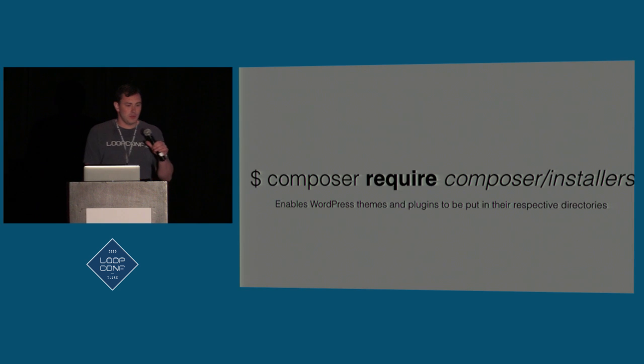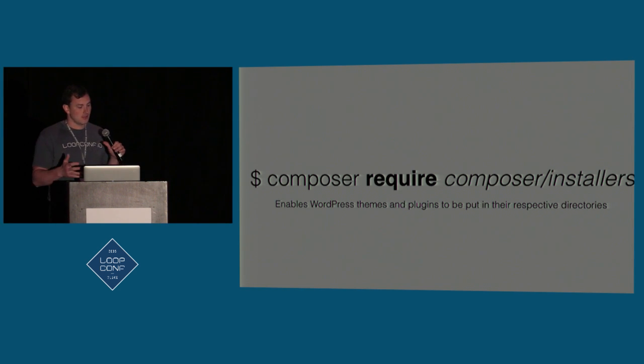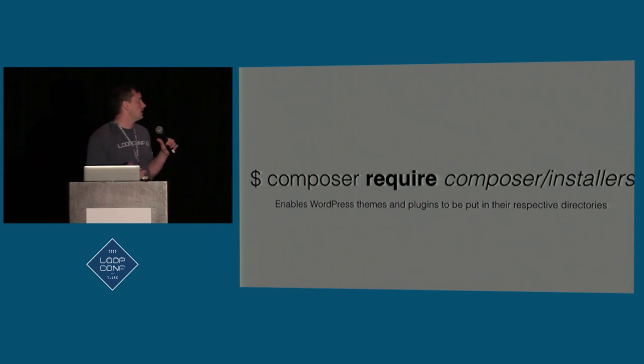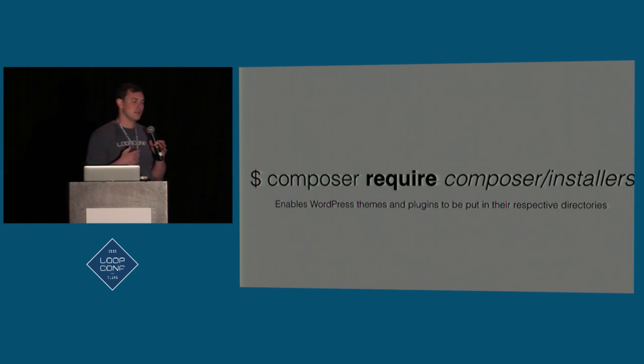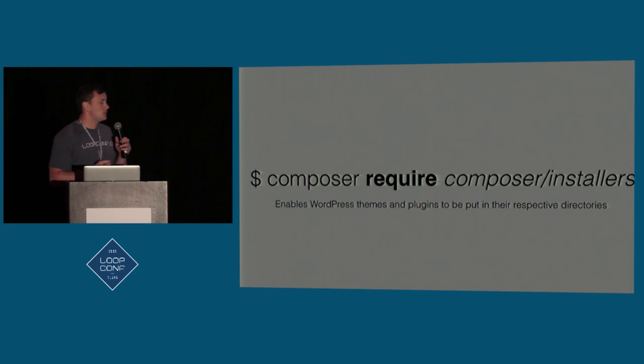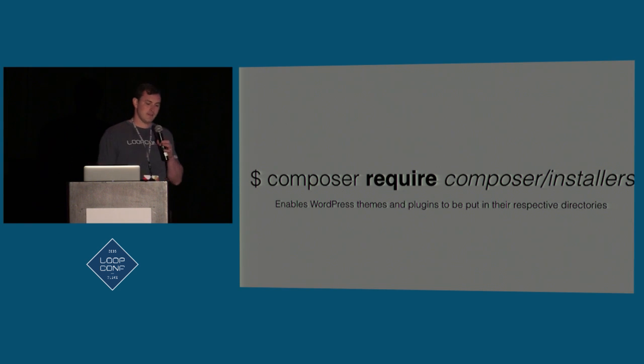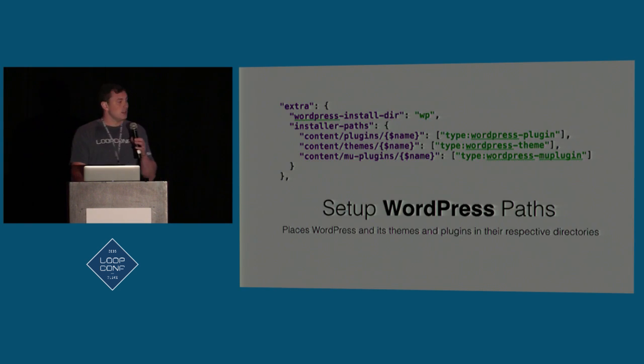And then finally, you want to install something called Composer Installers. What this does is it allows you to make sure that WordPress themes and plugins, because WordPress obviously has a particular directory structure that it wants to find these things in a particular place, get put where they need to go instead of everything being dumped into that vendor directory. So then,